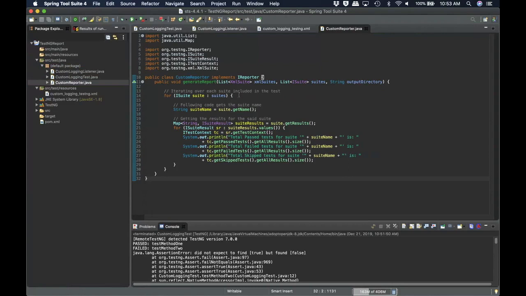So we have our XML suite, which is the list of suites mentioned in the TestNG XML being executed. The suite, which contains the suite information after the test execution. This object contains all the information about the packages, classes, test methods, and their test execution results. And we also have the output directory parameter, which contains the information of the output folder path where the reports